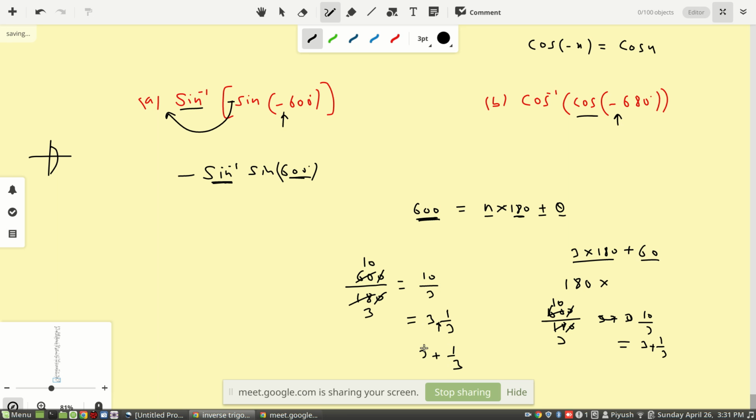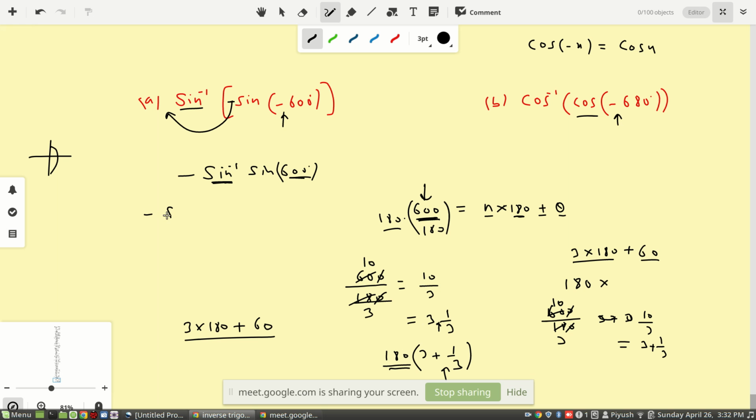So this you got. Then what you do, outside you multiply 180, because you have multiplied here 180. I can write this like that also, no? 600 can be written like that. So this part I solved. This is here, this much, and then still 180 outside. And then if I take it inside, 3 into 180 plus 180 times 1 by 3 means 60 degrees. So this is the way to convert.